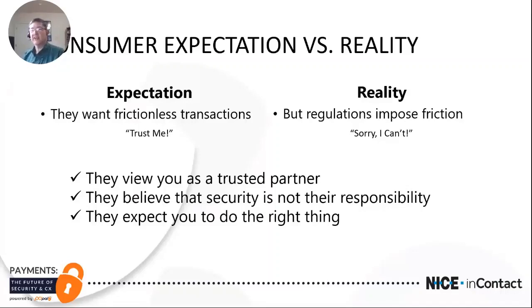And so we obviously are in this balancing act of how can we make it as easy as possible and still maintain our compliance. There are some things that I think everyone can agree on, and they're listed here. Our customers, your customers, want to view you as a trusted partner, and they believe that all of these security issues, they're really not